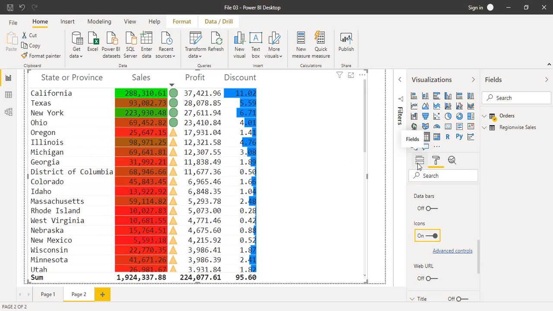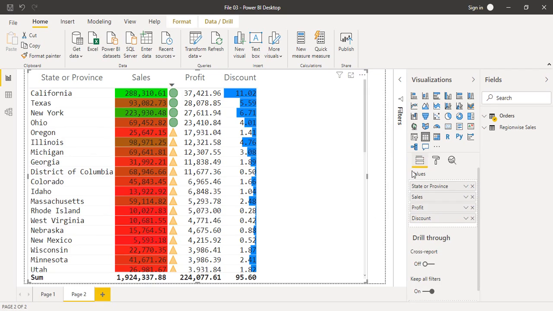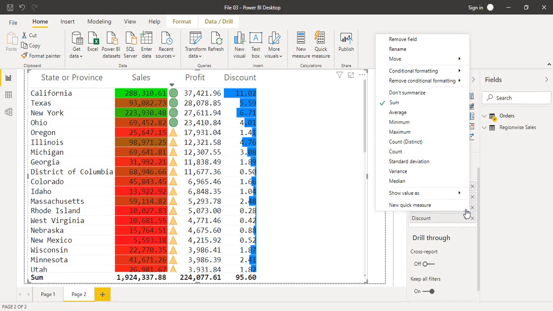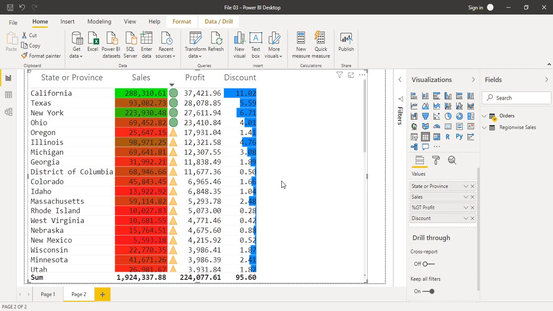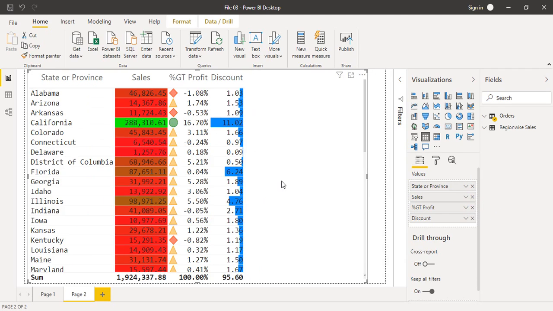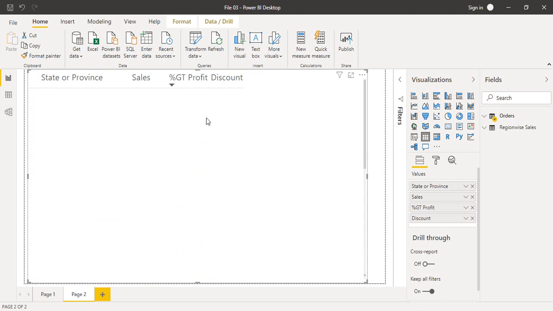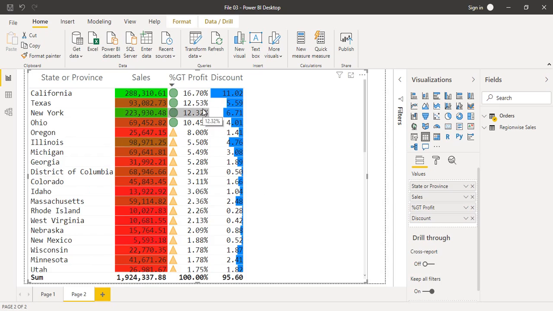Now next thing is how to apply aggregation. So for that we can just go to fields, and here you can see in the values where we have dragged these columns, you can see something written as profit. If you just click on this arrow, you can see these are the different aggregations or different values that we can apply. So suppose I want to show the percentage of profit, so I can go to show value as, and I can go to percent of grand total. Then what happens is, instead of the exact profit amount, I am getting the percentage of the profit, that how much percent of the profit I have made from the sales done in that particular state or in that particular province.